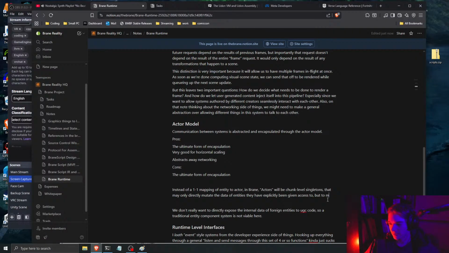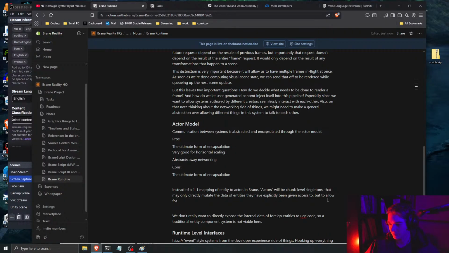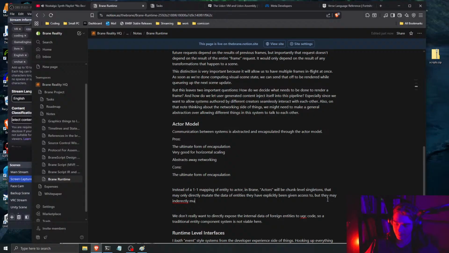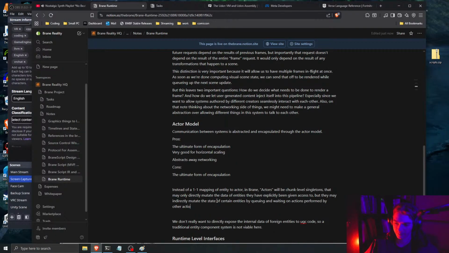But they may indirectly mutate the state of certain entities by queuing and waiting on actions performed by other actors. So, if you want to say move an object, you would have to